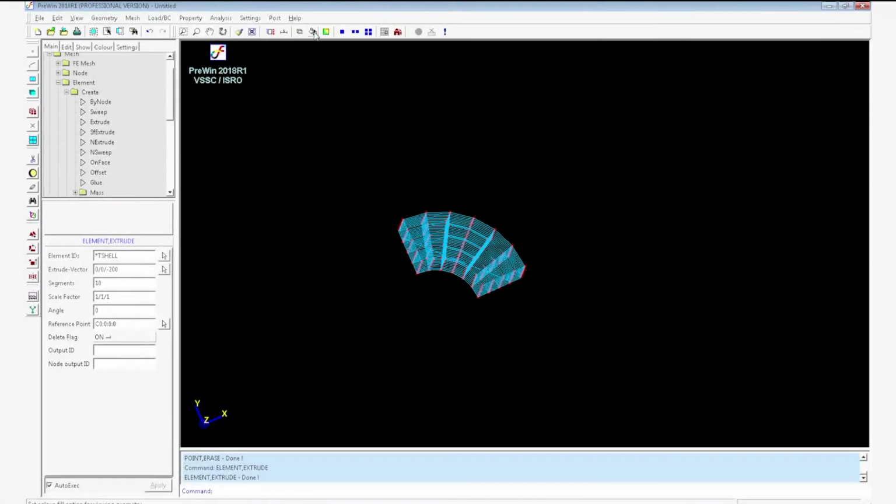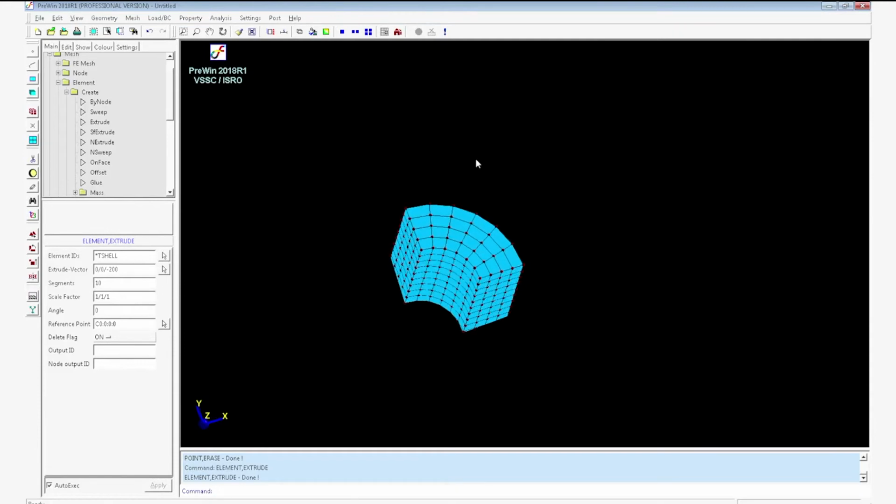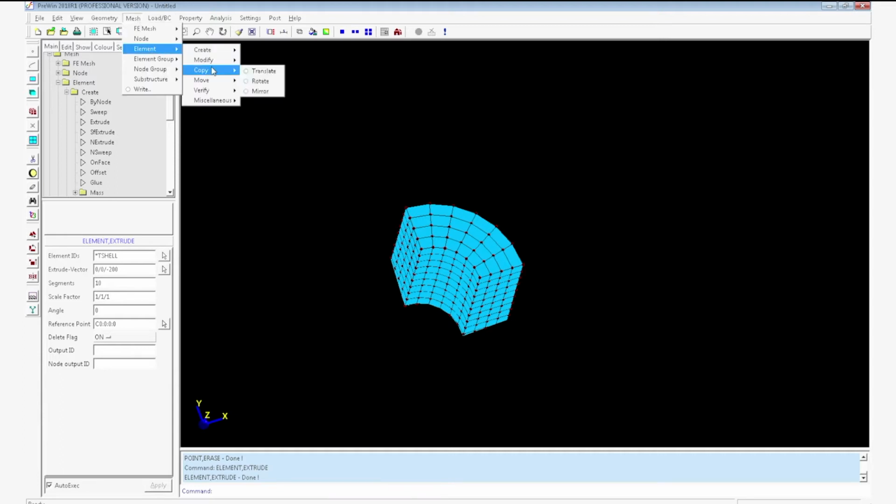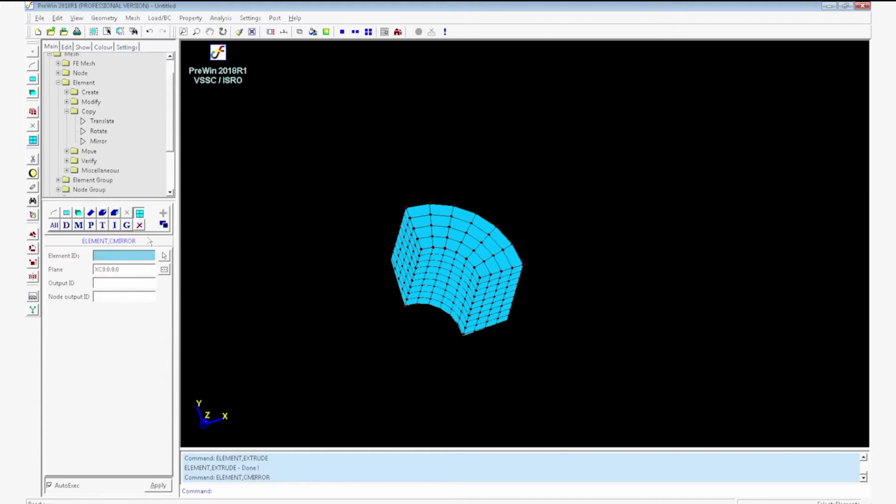Now you have to copy and mirror these elements so that it will form a semicircular shape. For that, go to Mesh, Element, Copy, Mirror. Select all the elements.